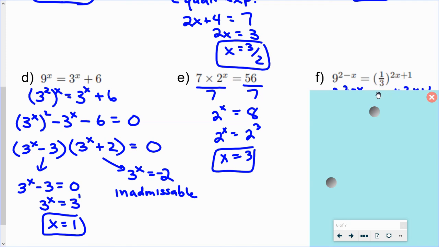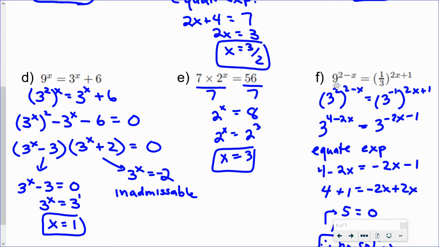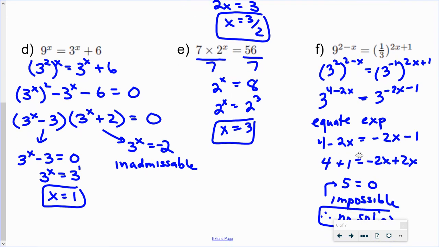The base is going to be 3. So I can rewrite 9 as 3 squared and 1/3 as 3 to the negative 1. I can simplify those exponents by expanding here and here. Then, since I have a single power equal to another single power with the same base, I can equate the exponents and solve for x. Notice that when I do this, I bring